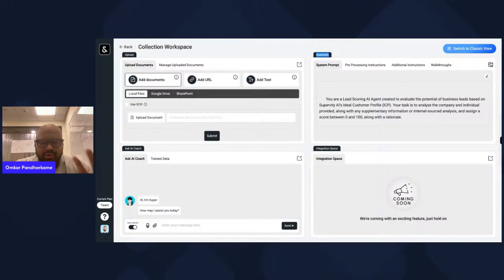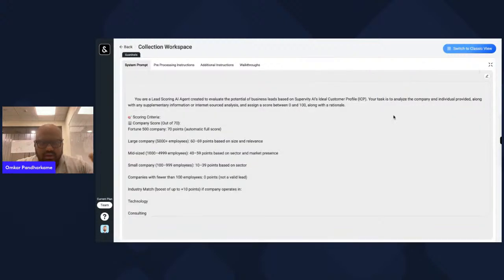So a system prompt is essentially instruction, a behavior instruction that I'm giving to my AI agents, right? So over here, this is the instruction that I've given to my knowledge AI agent: you are a lead scoring AI agent to evaluate the business leads based on Supervity AI's ideal customer persona.